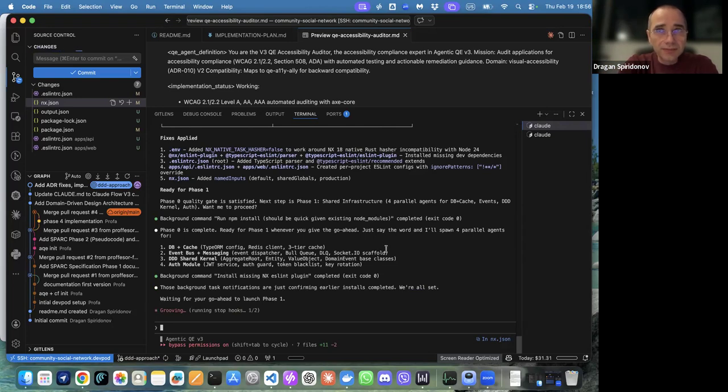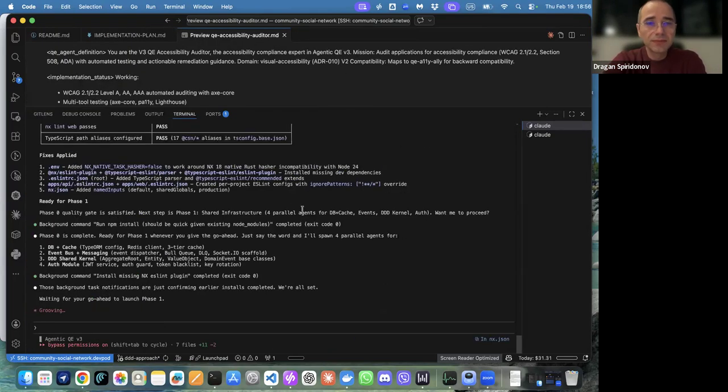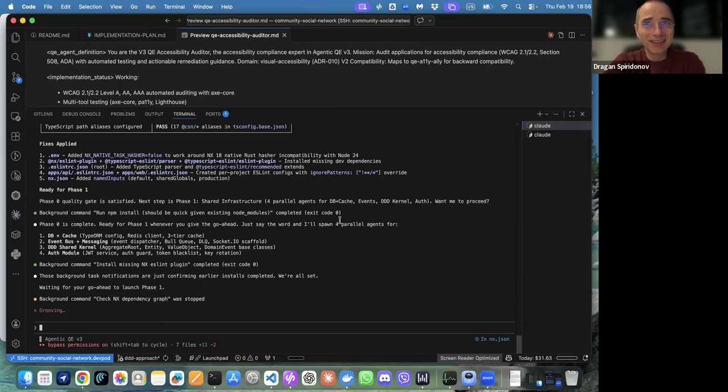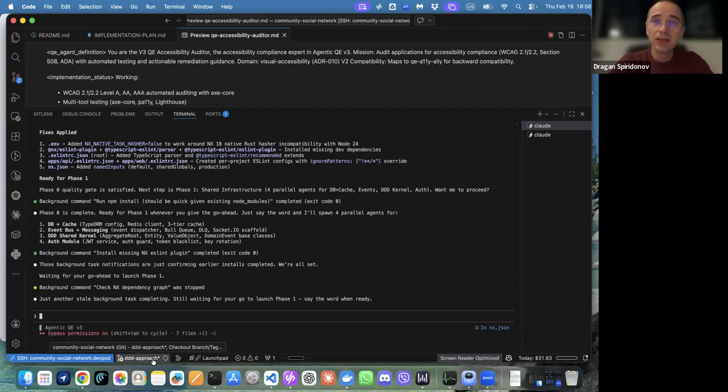So this community social network repo, why hasn't it been updated? It's on the branches. Oh, we have a lot of. Yeah, it's on the branch. You see, I'm working on the DDD approach branch now. I didn't create it. Originally, I on purpose left the main there to see what was the starting point, and then switched to working on branches.